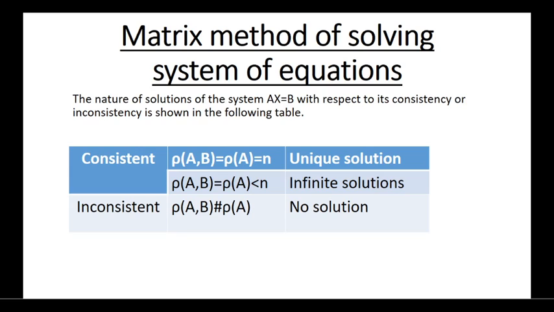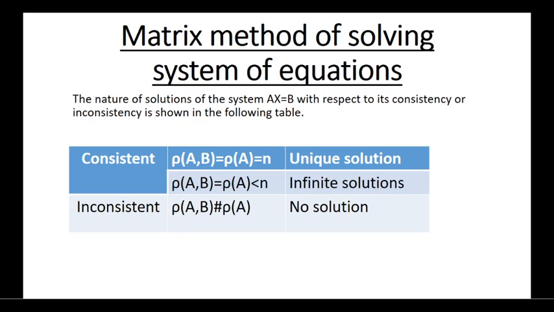Like that in the third row also, the elements below the third row third column element become 0. So converting into echelon form, we observe that the rank of the augmented matrix is equal to 3,